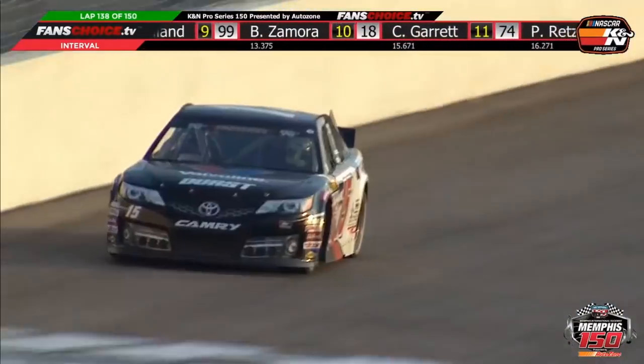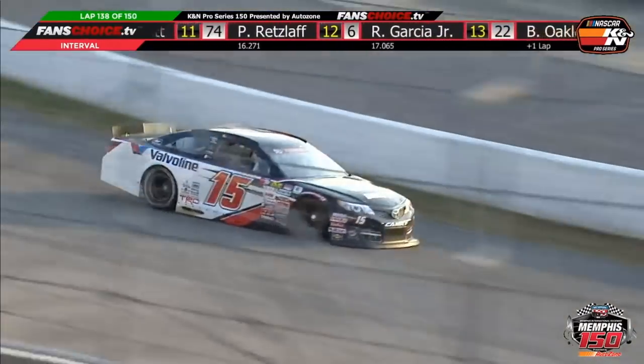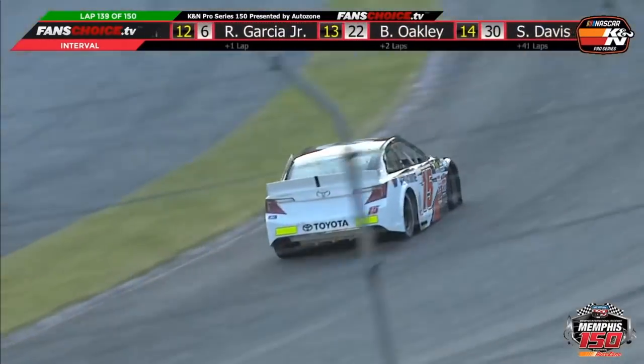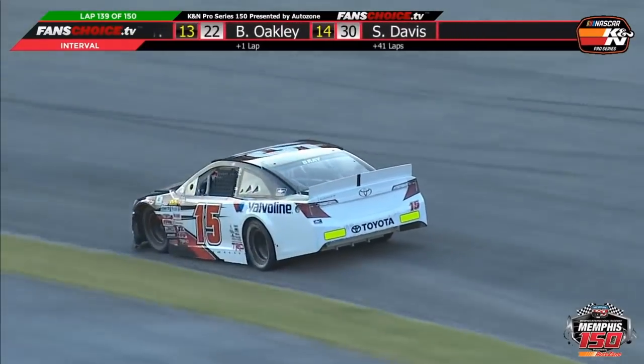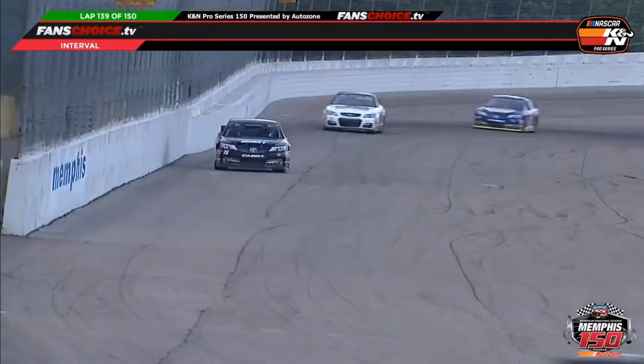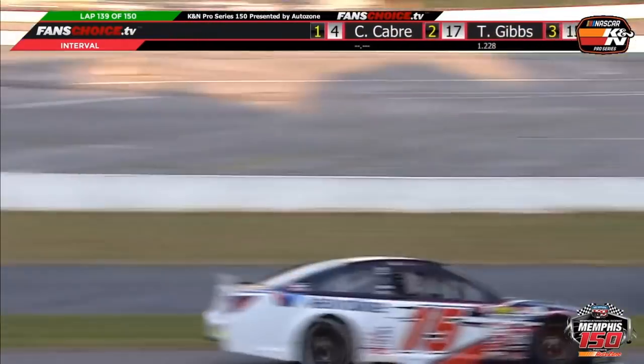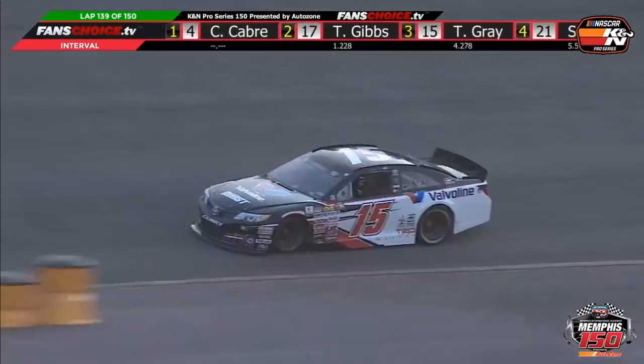Cabri is going to be dealing with a lapped car, Oakley, here in just a second. Don't know if that's going to give Gibbs what he needs to pull in a little bit. Now up out of the lane. He stops out any